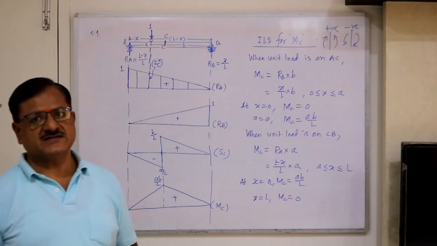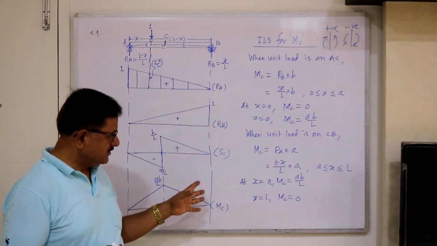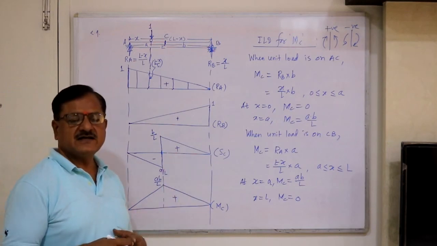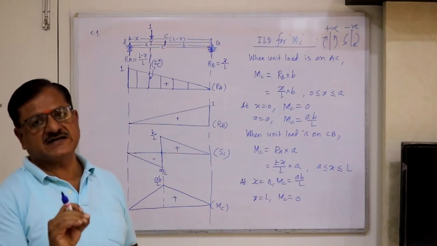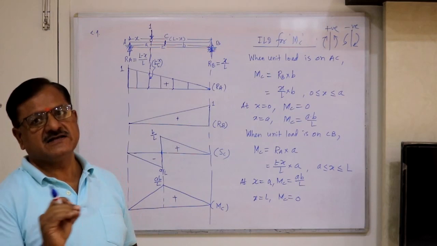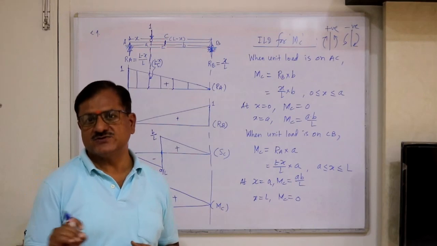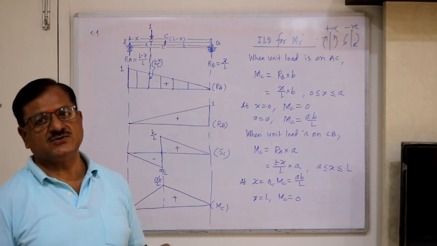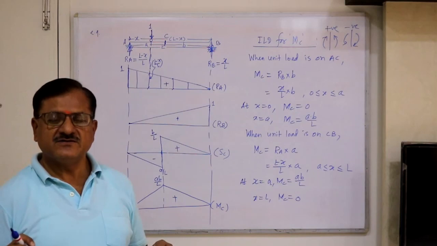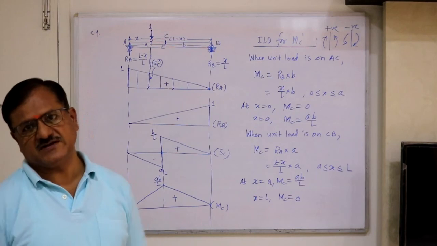We will construct the influence line diagrams directly. So now we will stop here, and during the next lecture, first of all we will see the ILDs for cantilever beam by calculations, and then we will see the Muller-Breslau principle and how to use it to construct influence line diagrams without doing any calculations. So ILDs for determinate structures are very, very simple once you understand the Muller-Breslau principle. Okay, thank you.